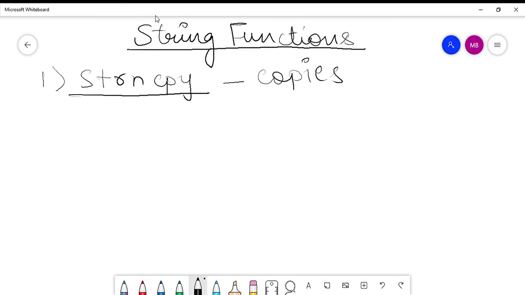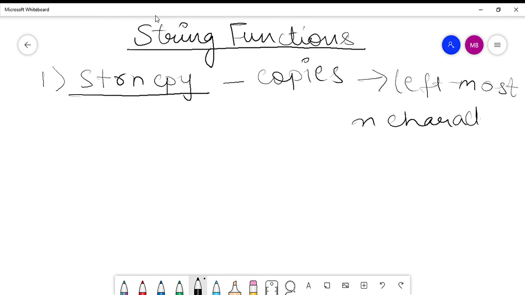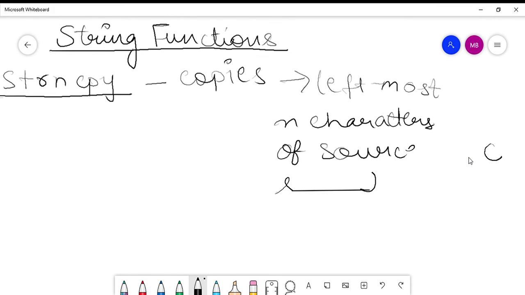It copies only the leftmost n characters of the source string to the target string.